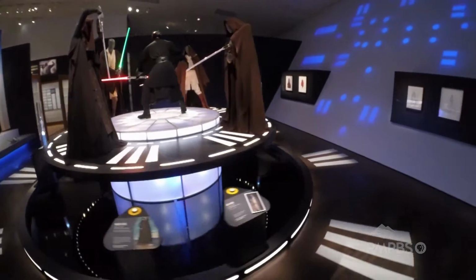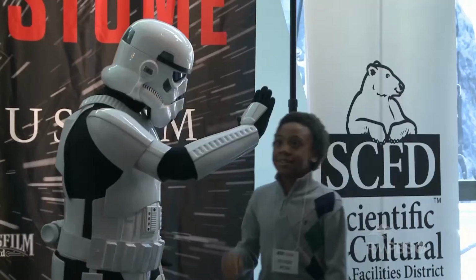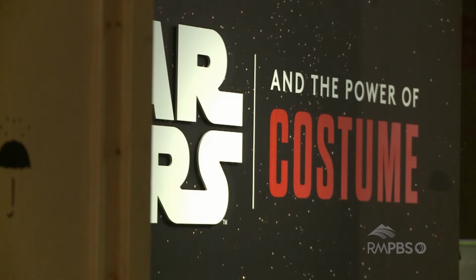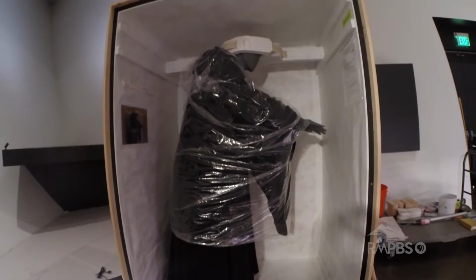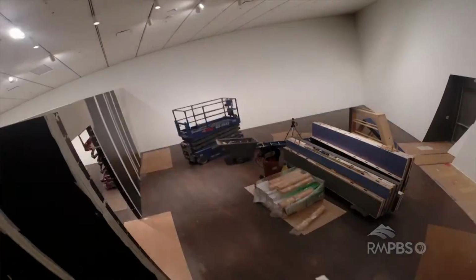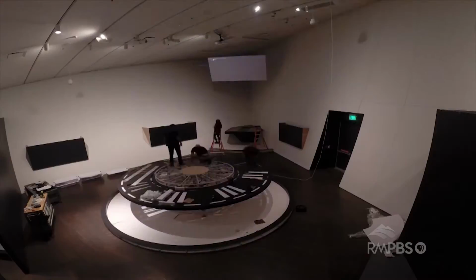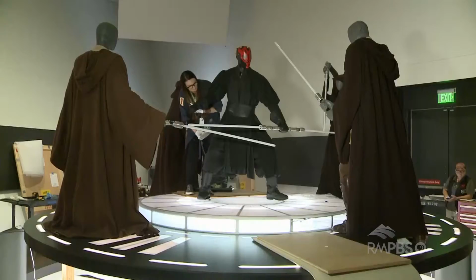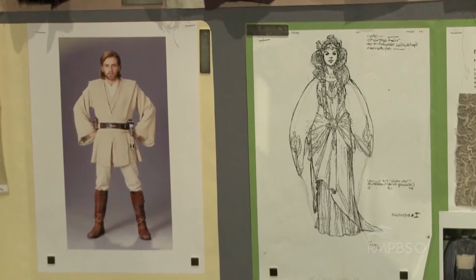Decades in the making, the fantastical look of a galaxy far, far away existed only in film for most fans until the Lucas Museum of Narrative Art teamed up with the Smithsonian Institution Traveling Exhibition Service. This is the Emperor. Custom-made mannequin hands here showing him about to shoot lasers out of there. Together with a team from the Denver Art Museum, they set out to build an impressive behind-the-scenes experience, taking visitors up close to the original costumes of the first 6 Star Wars films and into the creative process